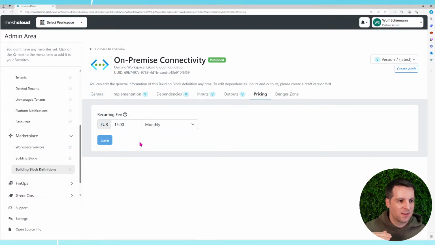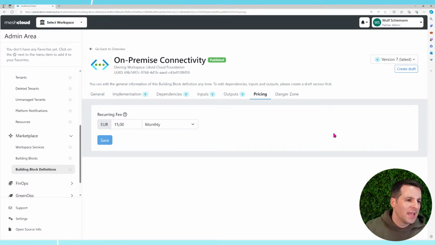But here you can see you can really charge the teams that are using a certain service in your company, in your organization. All right, so now we have landing zones that are the base plate, depending on the use case. The building blocks that are offered and provided, you can charge for. You can host them in some repository and maintain them there, but they're integrated as part of the meshStack service